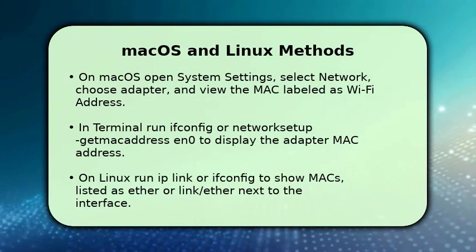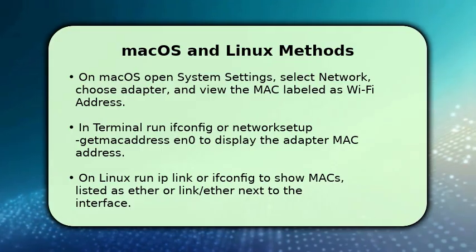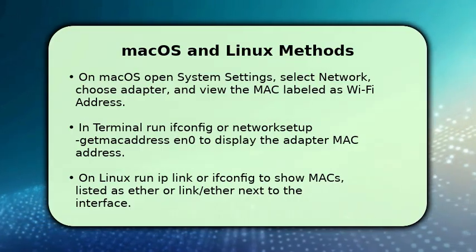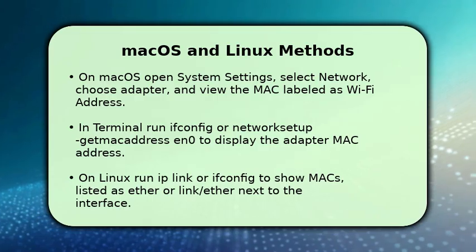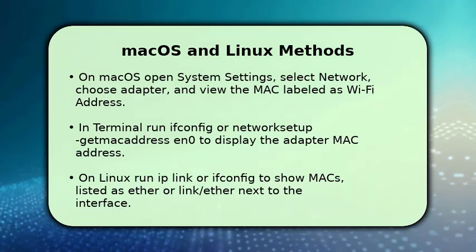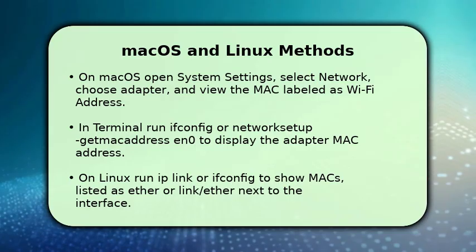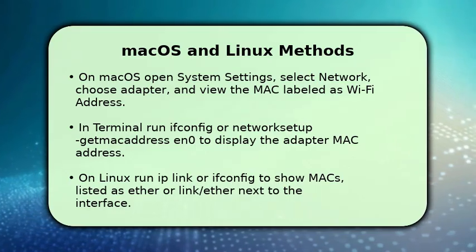On macOS, open System Settings, select Network, choose your adapter, and view the MAC listed as Wi-Fi address or Ethernet address. You can also open Terminal and run networksetup -getmacaddress en0 or ifconfig to display